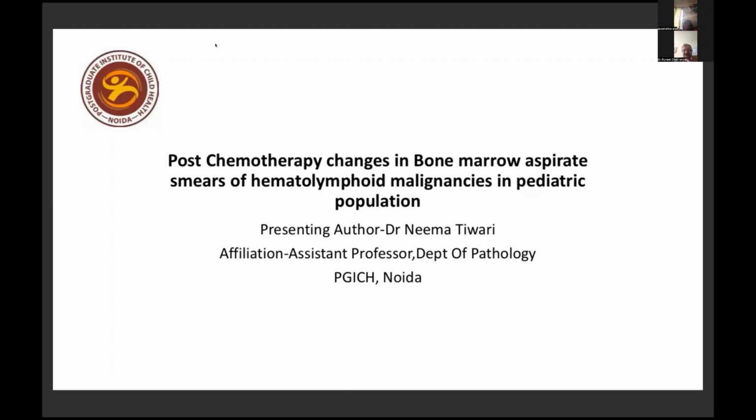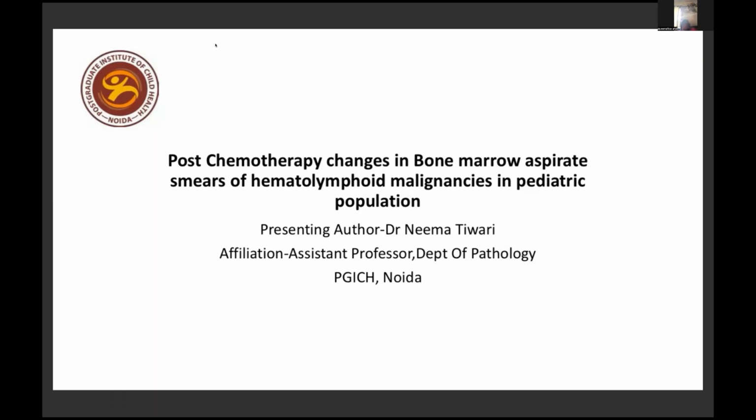But this topic, this case, if it comes to someone who has no knowledge or no experience of how a post chemotherapy regimen bone marrow looks, for them this becomes something very interesting and very important. And I will also, in the end, show my team and give a brief about what we are doing on this topic. So basically today I'm just presenting the various histomorphological or cytomorphological changes that we get in